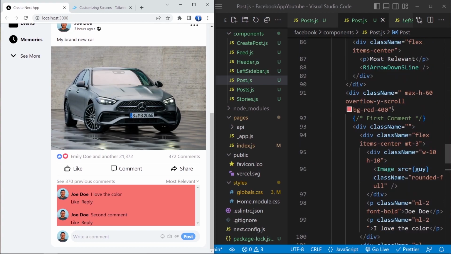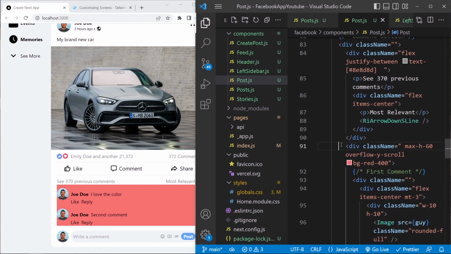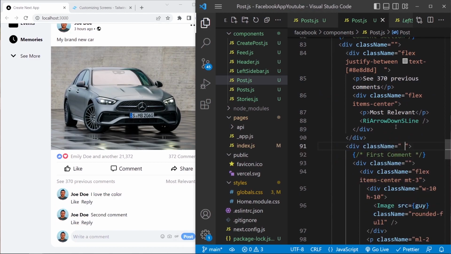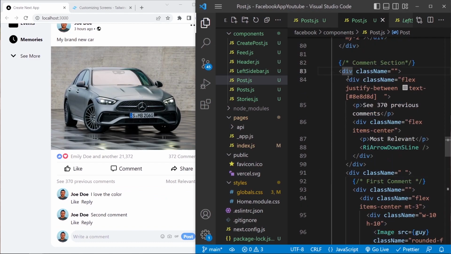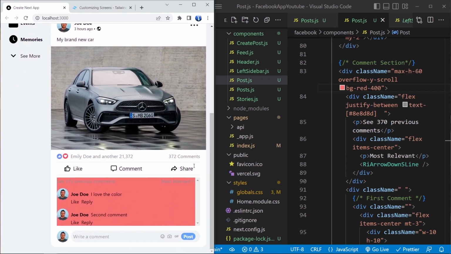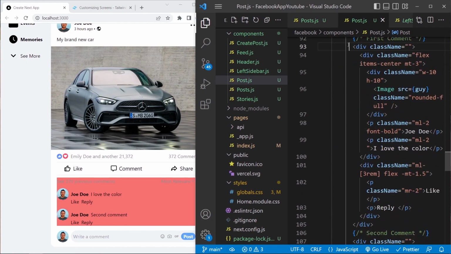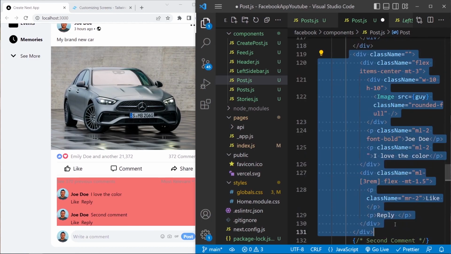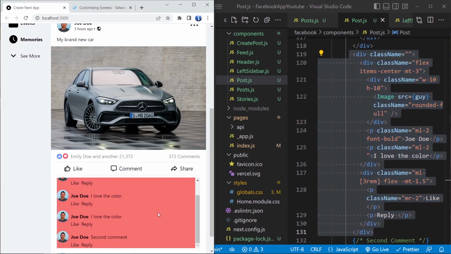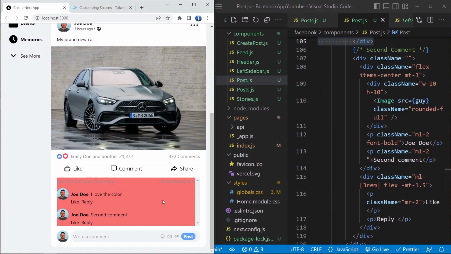So where is it? Here. I'm gonna take this and I'm going to paste it. Let's first delete this from here, and I'm going to paste it just here and save this. Now when there are too many comments, let's see if it's working, and save, we get this scroll bar. I'm gonna delete the rest of the comments